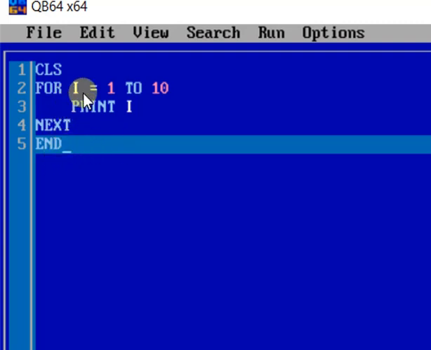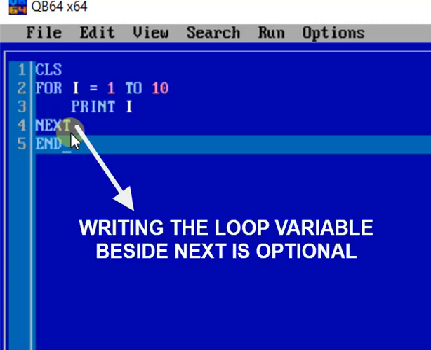Now you can see that the first time the value of I is 1, it will print 1. Then whenever it gets the next statement, it returns the control of the program to for again.